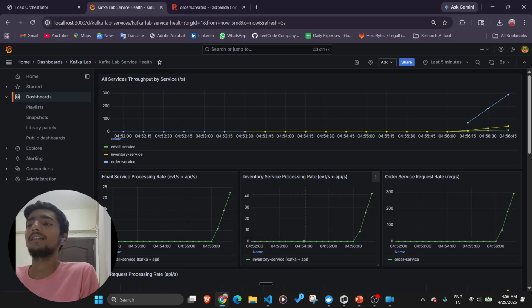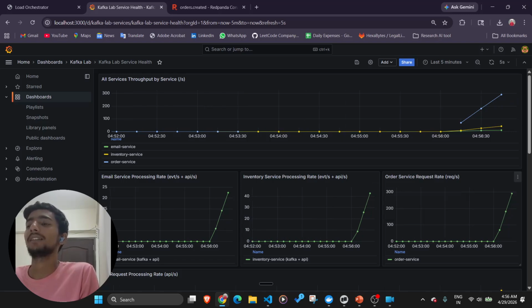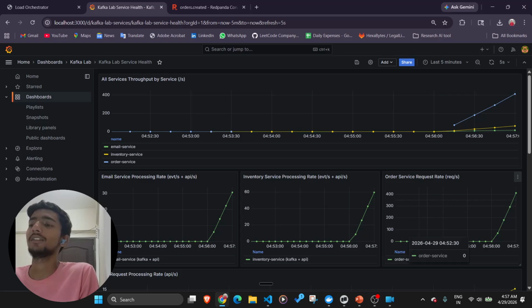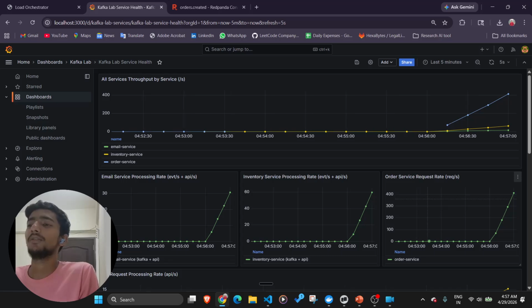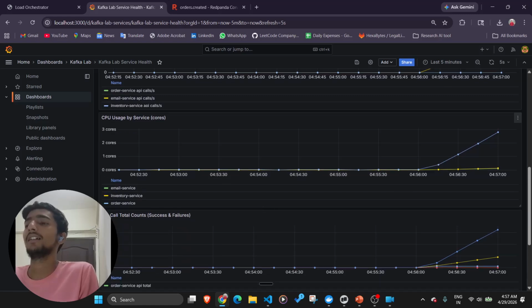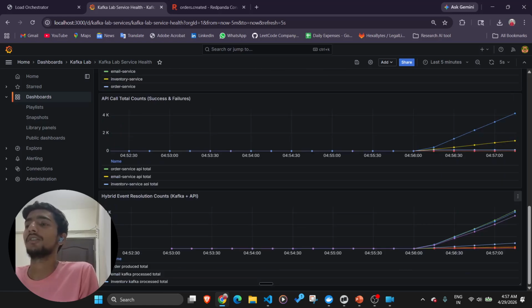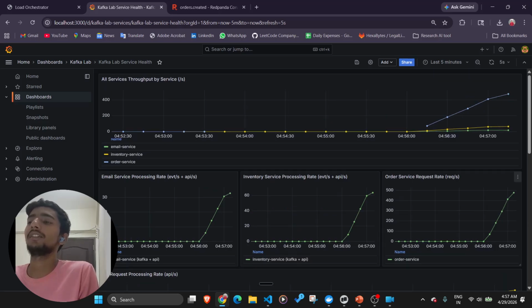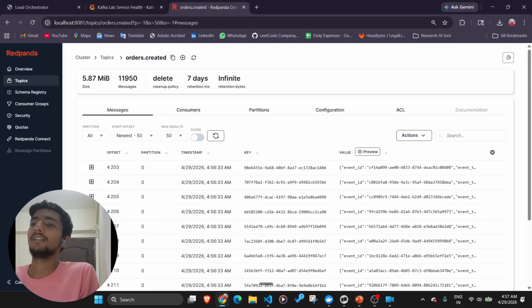Both services are handling requests based on the capability they have, whereas the order service is capable of handling 300, 400 requests because it does not wait to resolve all the tasks of email and inventory, sending the email and decreasing the stock. They are doing their work at their own pace.